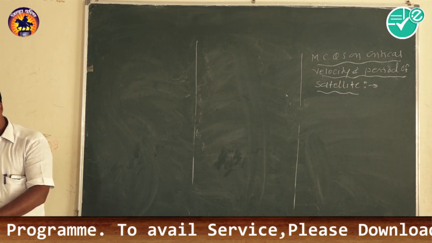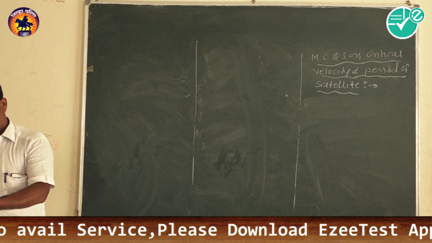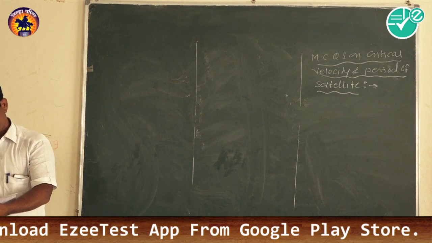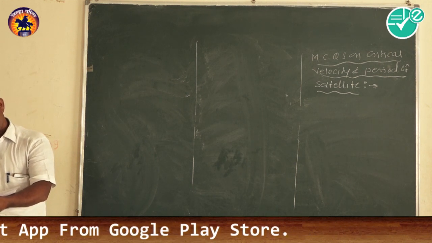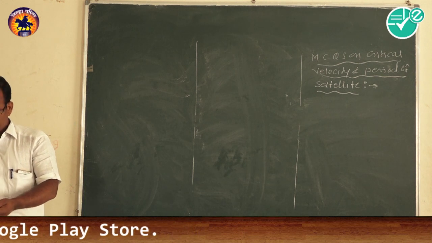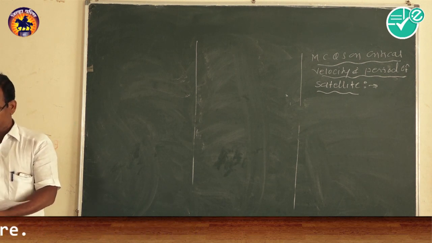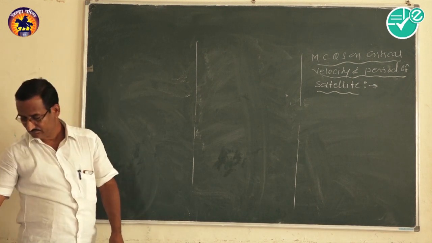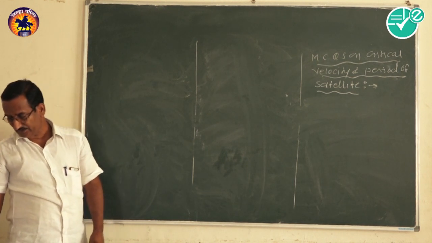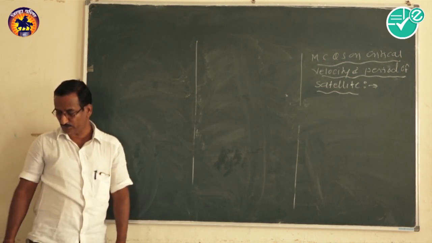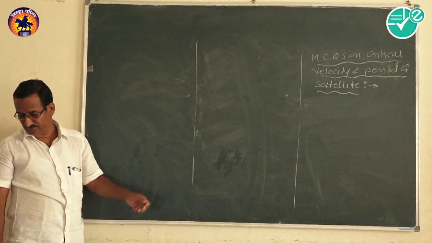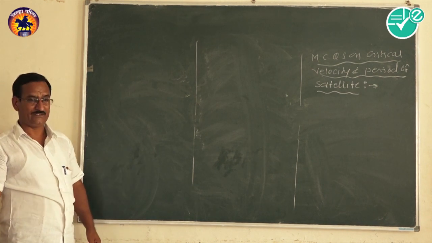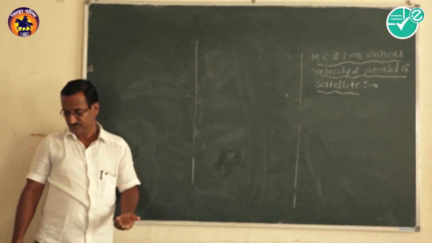A simple question asked from these articles is, such as: a satellite is moving in a circular orbit around the Earth with a velocity, is called as